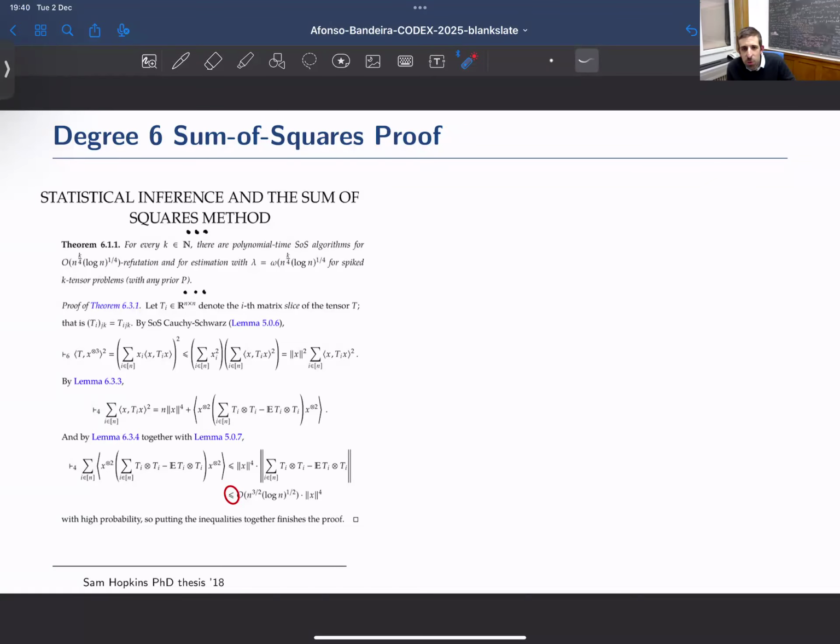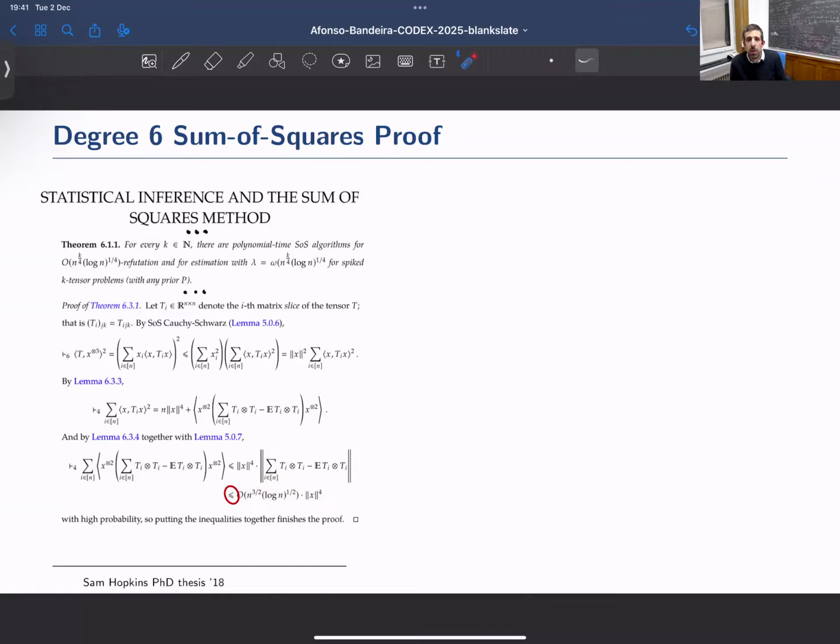In this proof system, you're allowed to do Cauchy-Schwarz, because if you remember the proof of Cauchy-Schwarz, you do it by setting a square bigger than 0 and then expanding. So basically, proofs of that type are within the sum of squares proof system. And if you carry down this proof, and lots of the proofs are like this, in the end you have some norm of x, you imagine x is equal to 0, and then you have some quantity that depends on your tensor. And if you want the result, say, that with high probability the sum of squares hierarchy works, what you need is to upper bound, with high probability, the norm of objects that look like this. And in this world, almost always you get things that